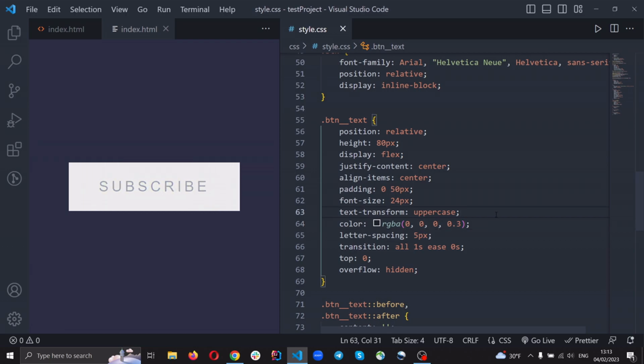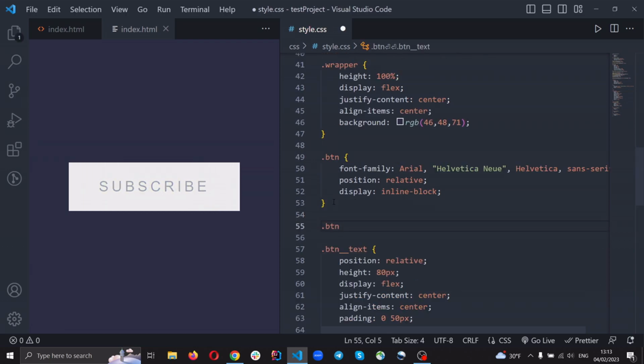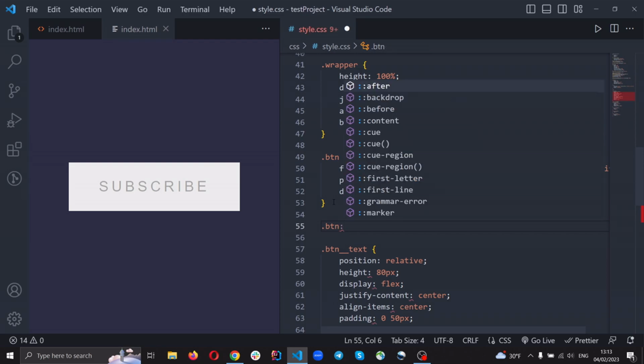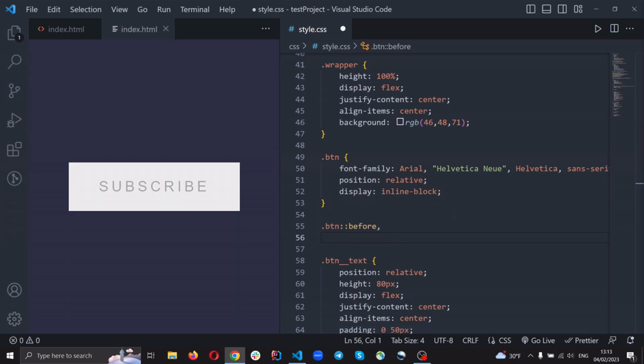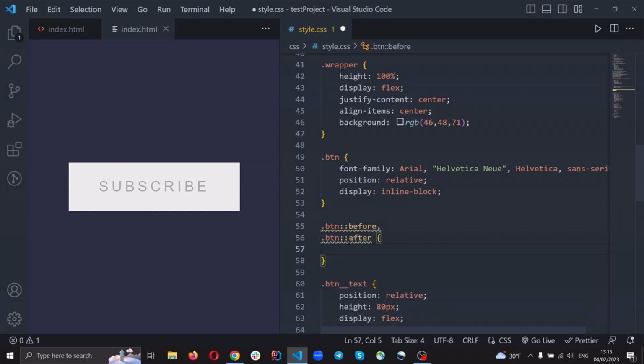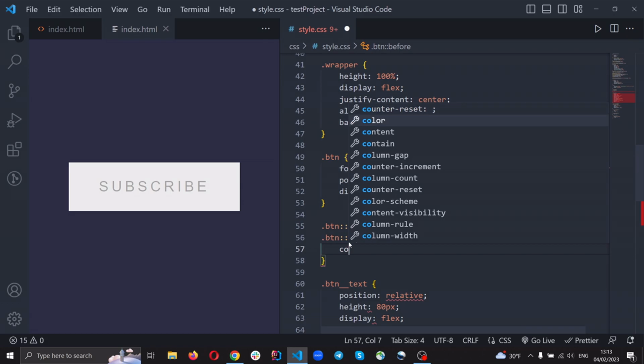So great. Before and for button after, like this. Content empty,